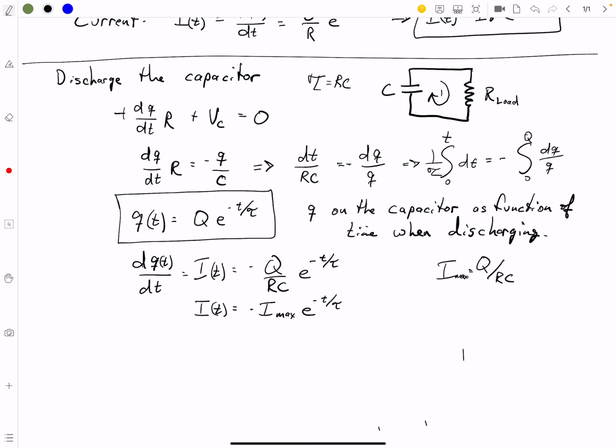All right, so good for us. Lastly, we want the voltages across the resistor and the capacitor. We want to know what those are as a function of time. So